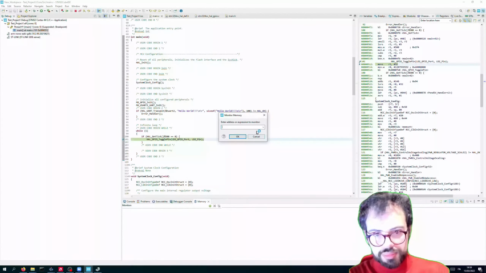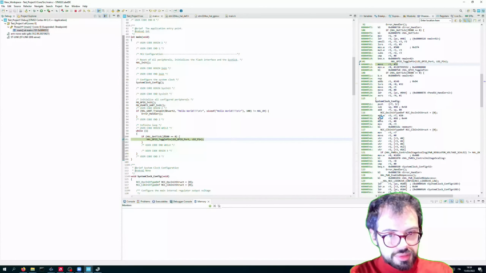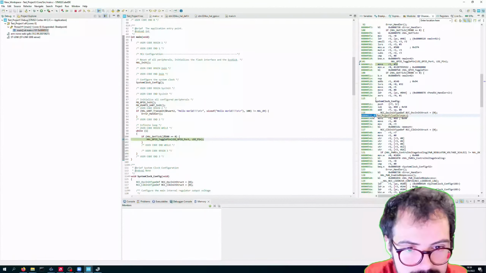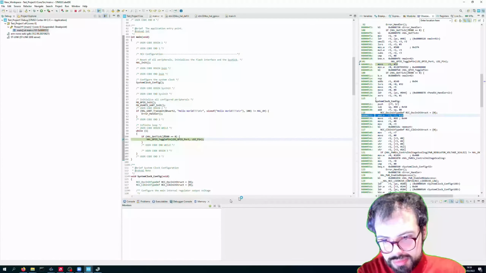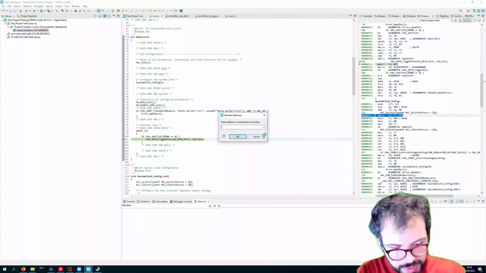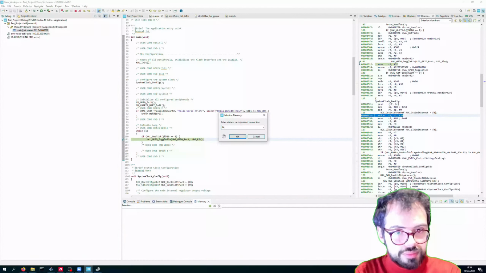So here you can put a specific memory address, like for instance, I want to see this function here, what is in code. If I go to 0x